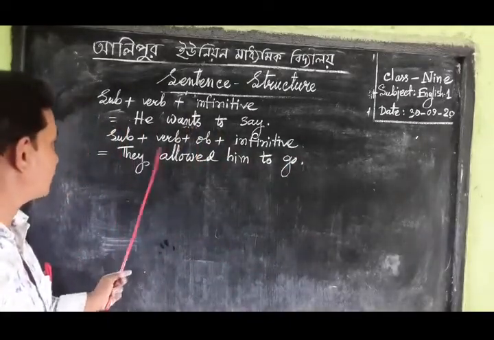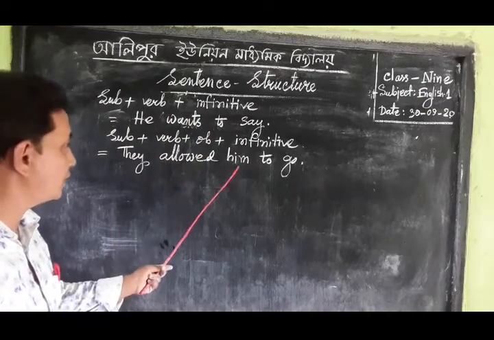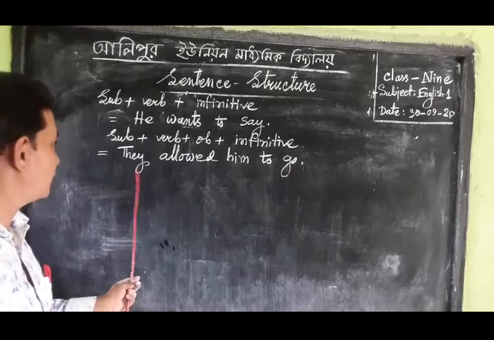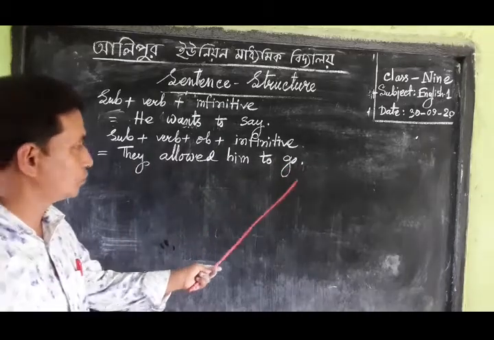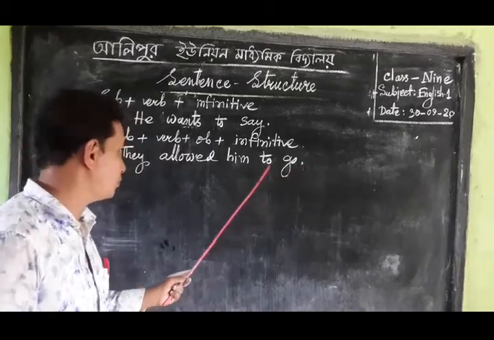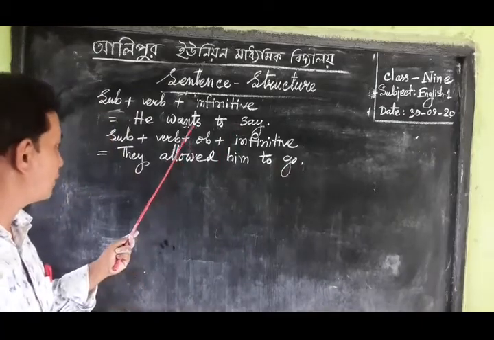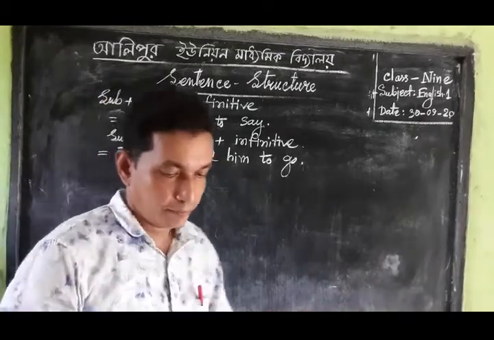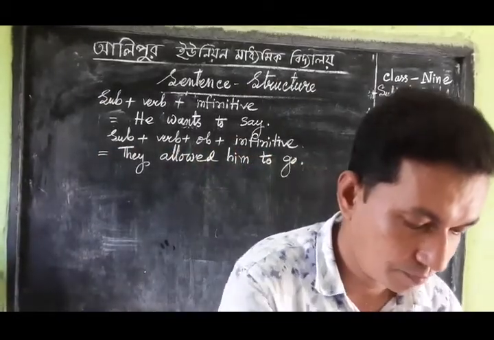They is the subject, allowed is the verb, him is the object, and to go is the infinitive. This is the example of the above structure. And our next item is